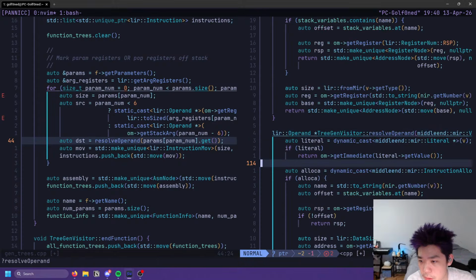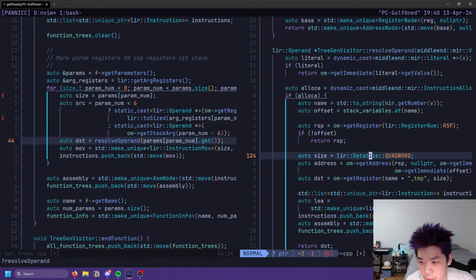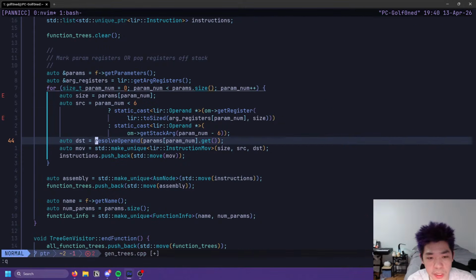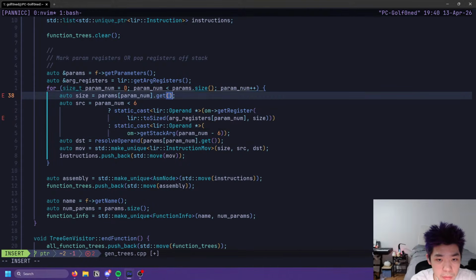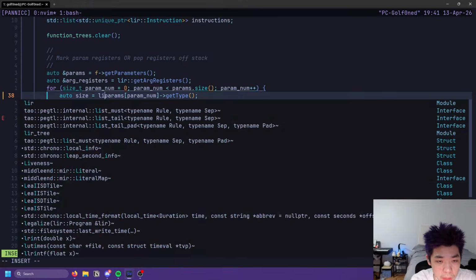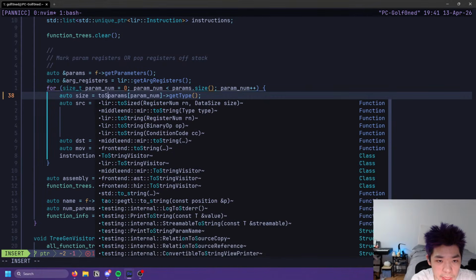Okay, how do we handle the type in here? Okay, that's not helpful. Oh, okay, so we do handle the size there, so that's fine. Okay, let's get type there, and we want LAR to, or can we just do to size?